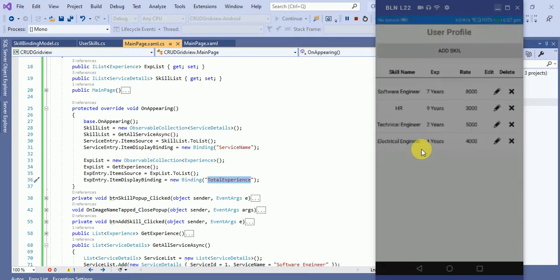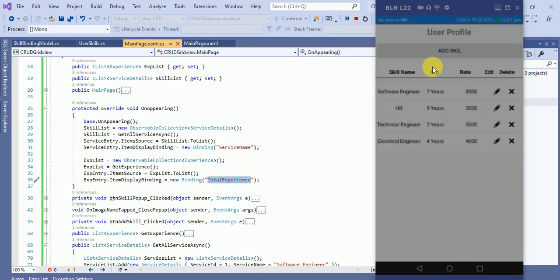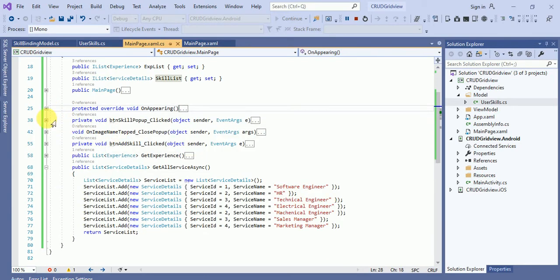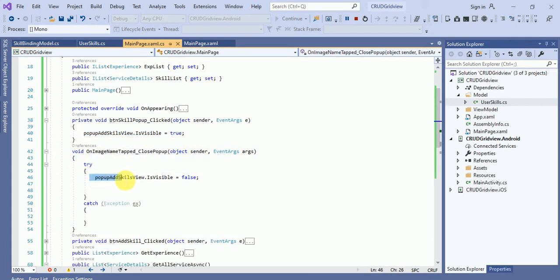Okay, so here you can see this pop-up close button. I already told you that pop-up click event. On this pop-up close event, you can see here btn skill pop-up click visible equals to true, and in the close one we are doing the visible equals to false.